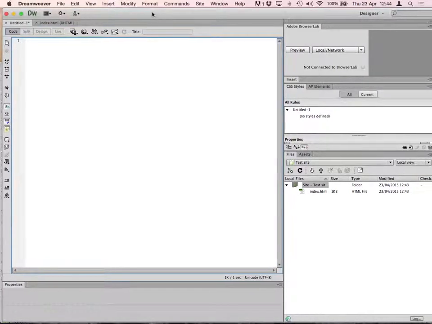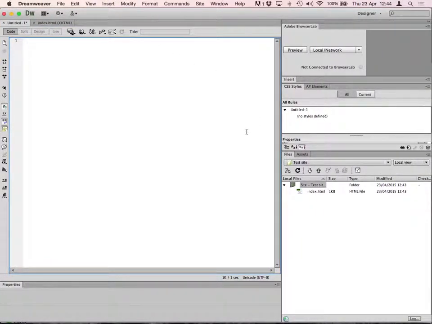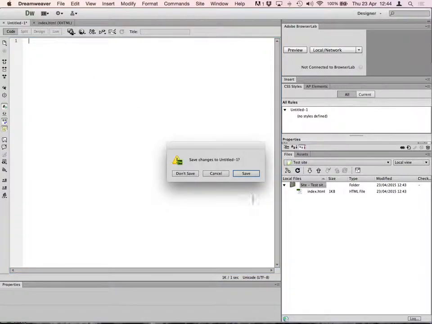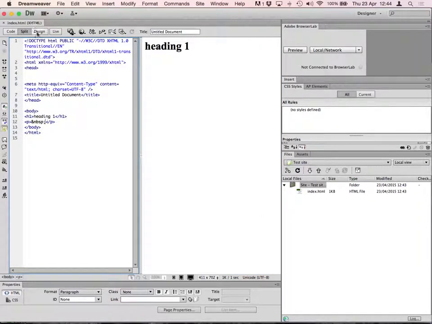Right, so this is just a tutorial on making a CSS. If you don't want to code it by hand, you don't have to code a CSS sheet by hand. There's lots of other ways to do it. Now, here's just a brand new HTML page, called index.html, and I've just